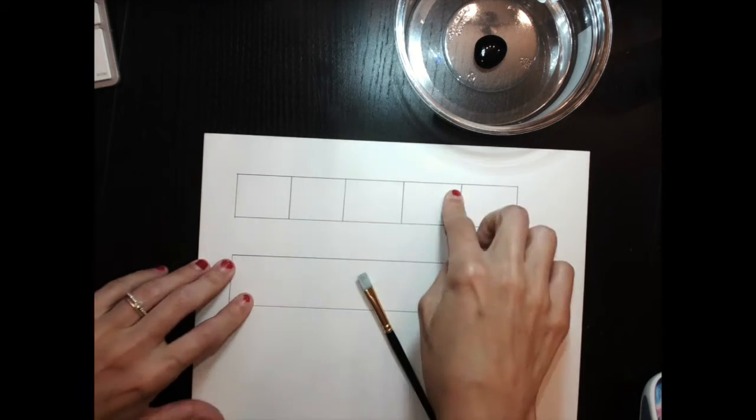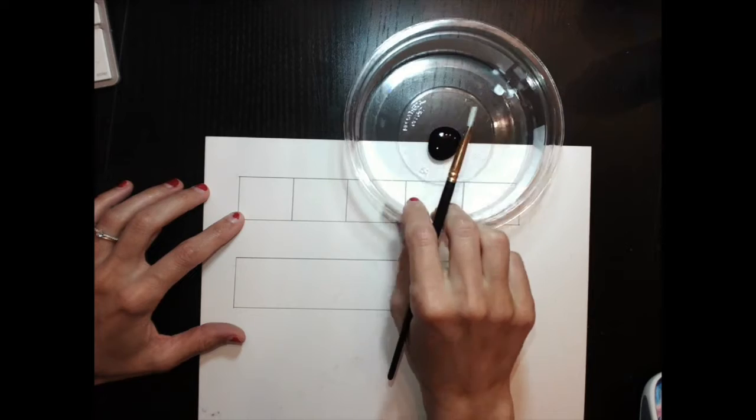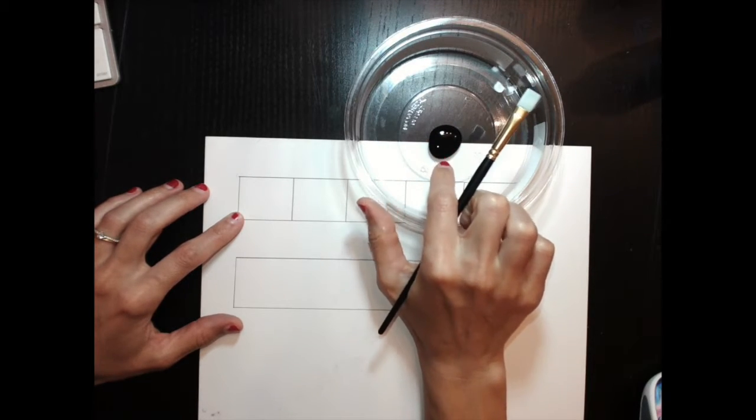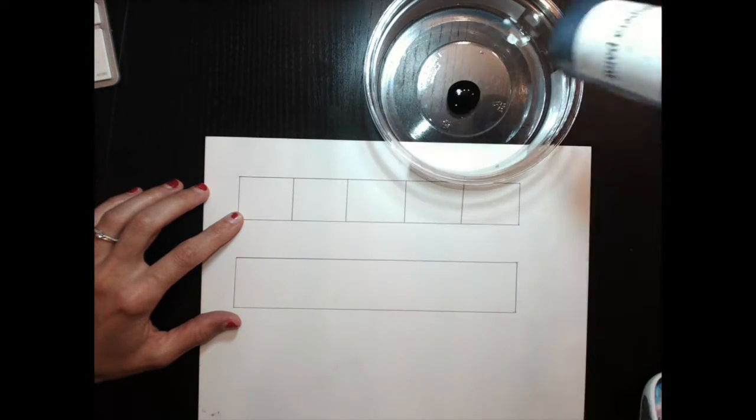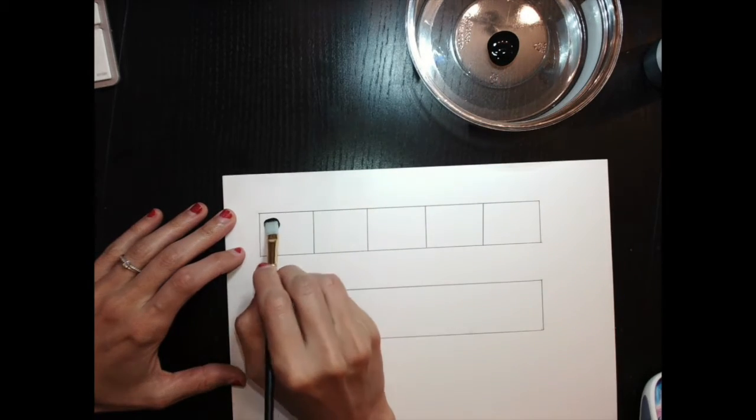First, to create your stepped value scale, you're going to start with the darkest color. This is not diluted. This is straight out of the bottle from the black tempera paint that came in your